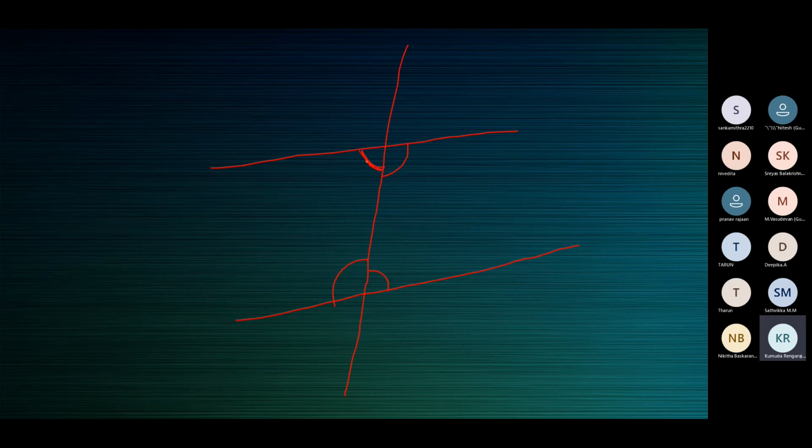Interior angle, interior angle, interior angle, interior angle. Now this angle is here. The bisector cannot be here like this. This is the angle. This is the angle. So through the middle, the bisector will pass through the middle. So like this. This is the bisector. This ray is the bisector of this angle.